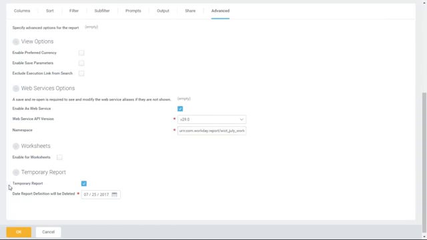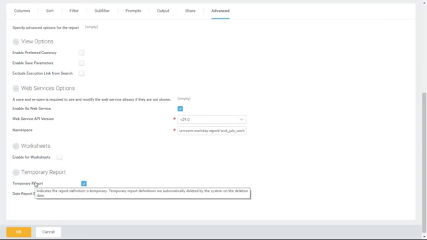And next option, temporary report. Whenever you create the report, you can mark it as temporary. If you mark it as temporary, the report definition will be deleted by default after 10 days or 8 days, automatically deleted by the system on the deletion date. Okay, by default,